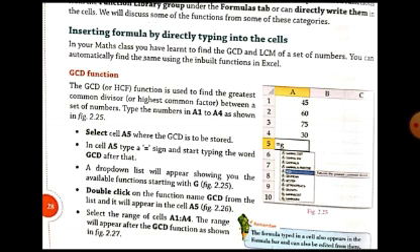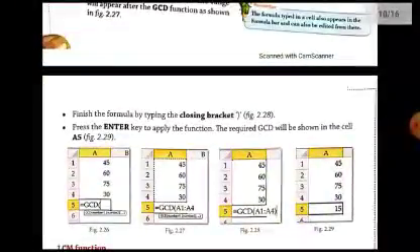Now select the range of cells A1 to A4. After GCD has been entered in the cell automatically, you have to select the range of cells A1 to A4, because this is the range for which we want to find the GCD. The range will appear after the GCD function as shown in the figure. In a similar manner to how GCD appeared after double clicking, A1 to A4 will also appear in the cell after the GCD function.